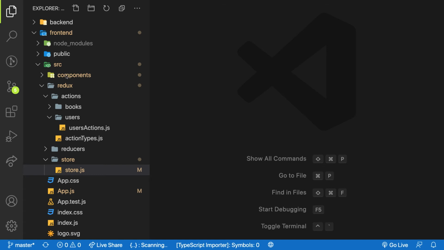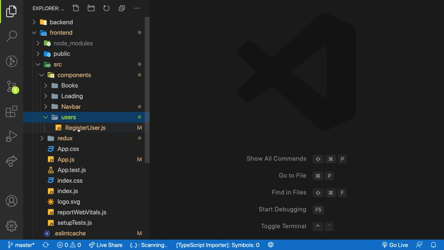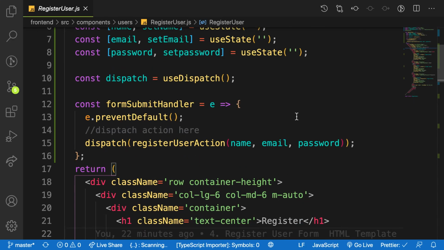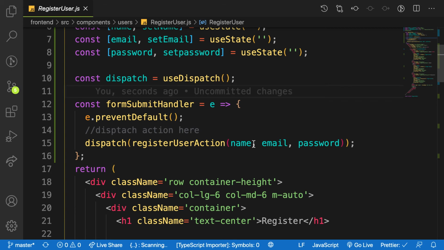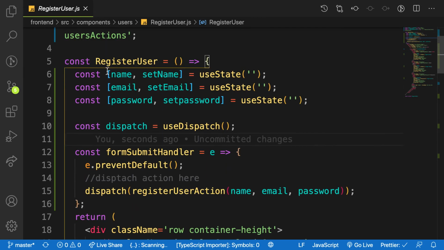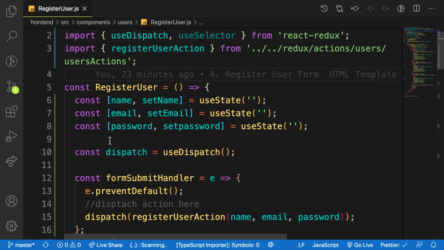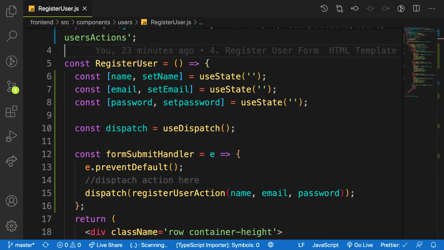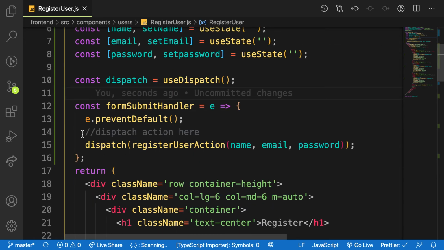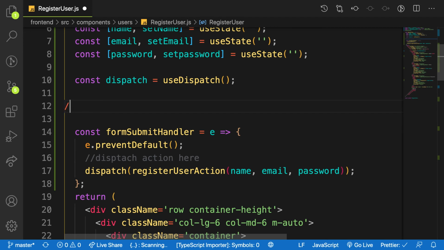So inside the component of my user register, we are going to pull that piece of data, that's userLogin, and check if there is a userLogin, then we can push to a different route. So we're going to make use of useSelector. From our previous video, useSelector is a way of grabbing a piece of state from our store into our component that needs it. So here we will say we're going to grab userLogin